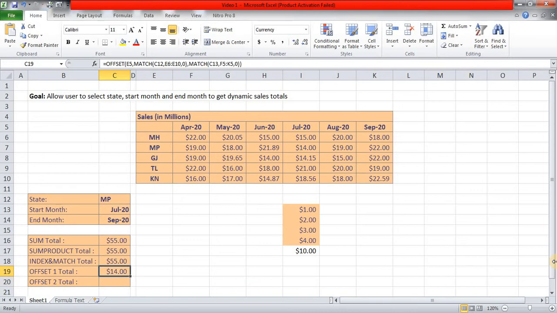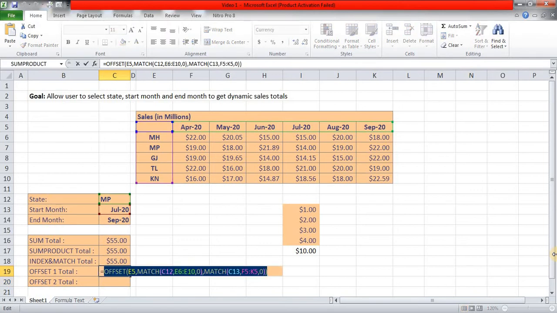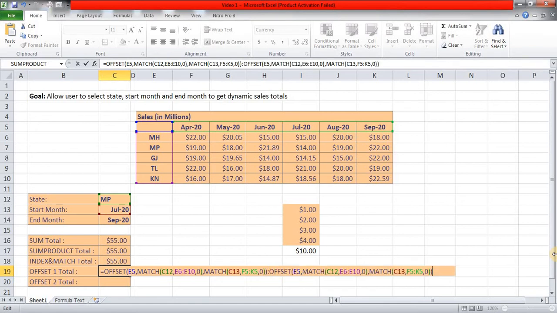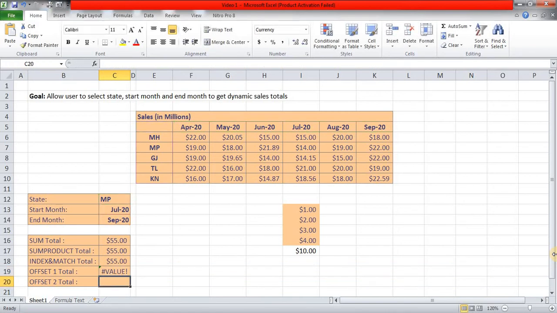So it's giving me 14, which are cells for July, and again simply selecting this entire function, semicolon, to tell Excel that I want to deal with ranges, Control V, and instead of C13, which is my start month, I am giving end month, which is in C14, and pressing enter.